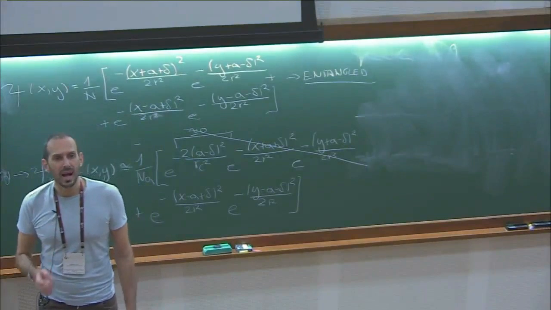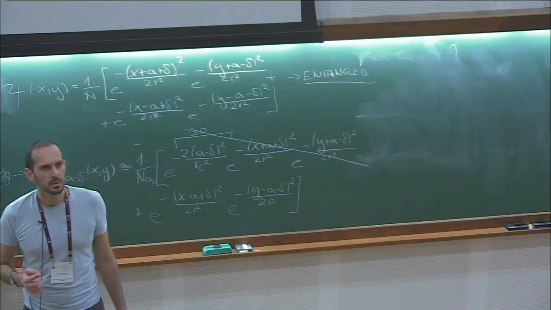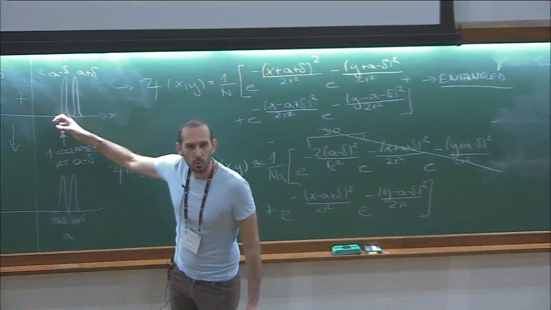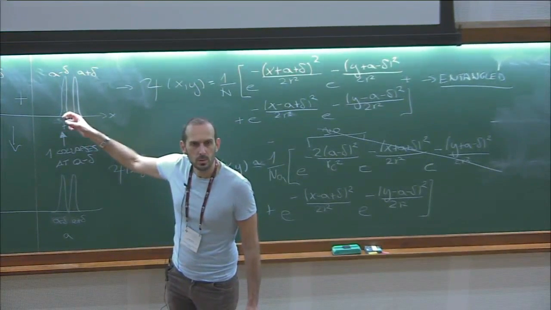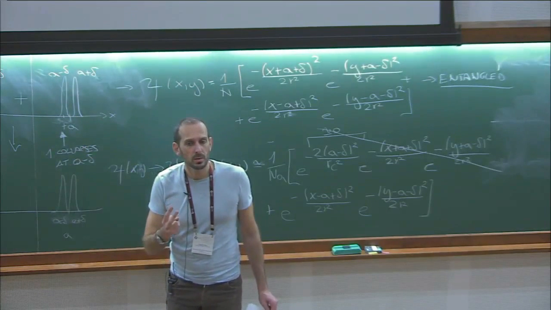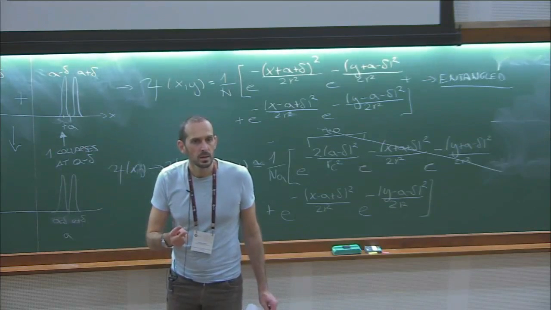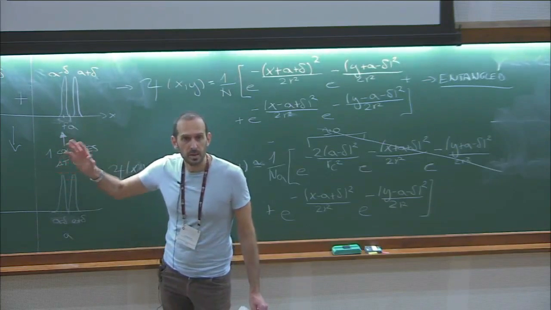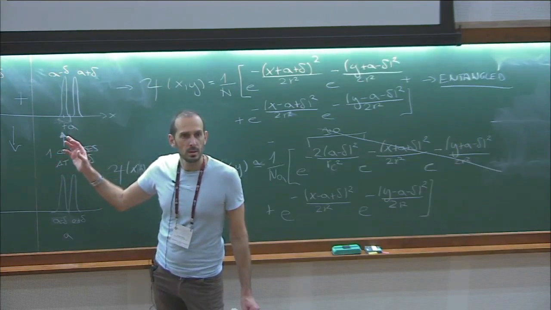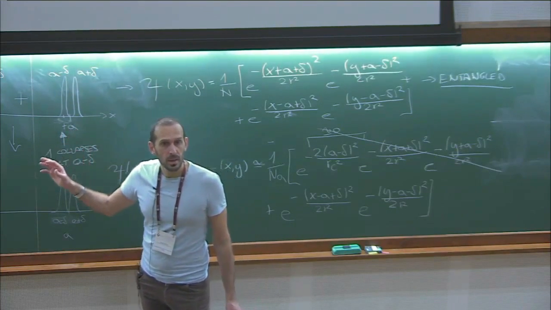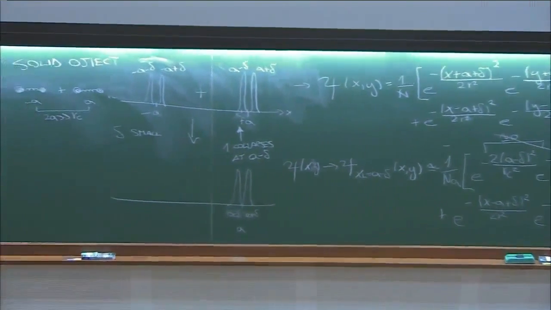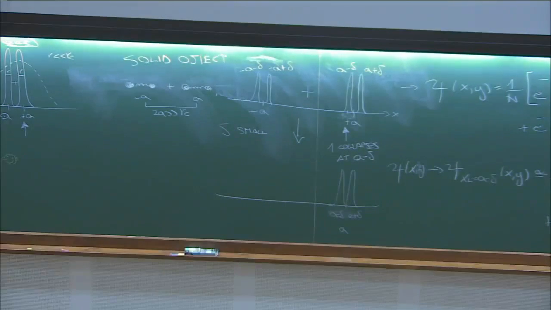Now, the question is, how often does it happen? We did it for particle 1. We could have well done it for particle 2. So how often does this happen? Twice, because we have two particles. We have two possibilities. The rate for each particle separately is lambda. So the rate for the two particles is 2 lambda. So what does it mean? That when you have your Schrodinger cat, coming back to the numbers,